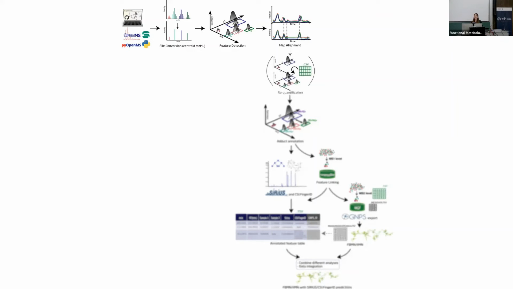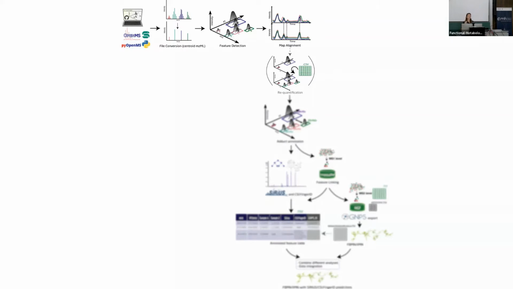Then an optional step is requantification, something we added with a lot of work in general. So feature detection generates some missing values, of course, in your data, and we try to tackle that. Gap filling is an option also. Imputation algorithms is another option.